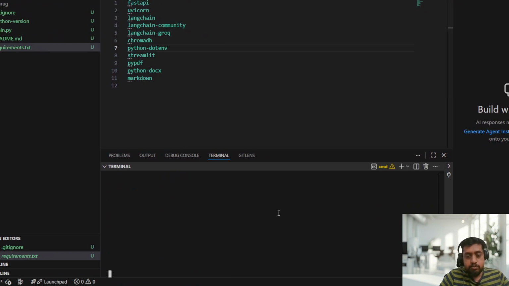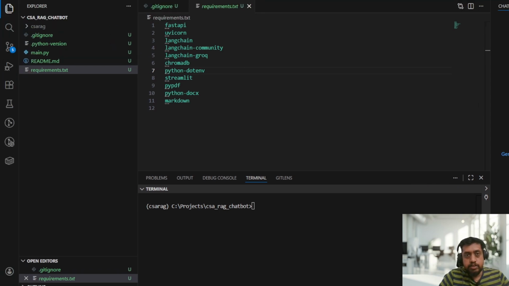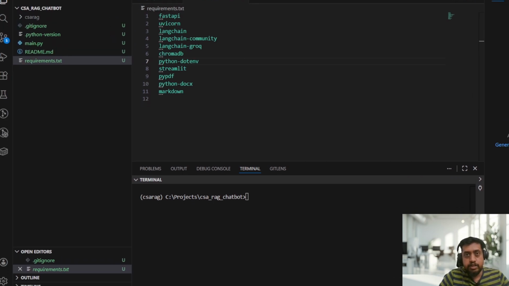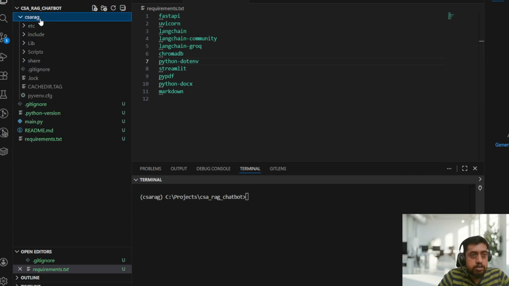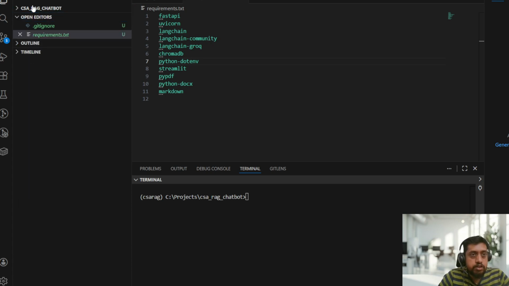So what I will do, I will do CLS again. So again I will come to the folder structure here. Okay, so yes, the dependencies got downloaded now. So what I will do, I will create another folder, which is called